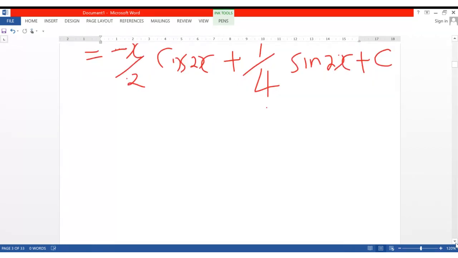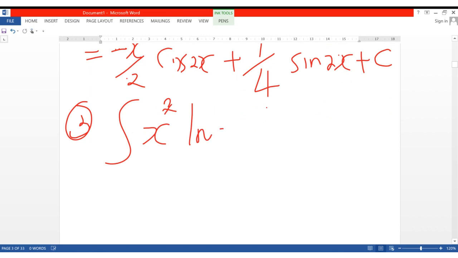You can go to number 3 now. I choose a different function. Check this one out. We try this combination, number 3. We integrate x squared ln x dx. So what I need from the class is to tell me which function shall be u